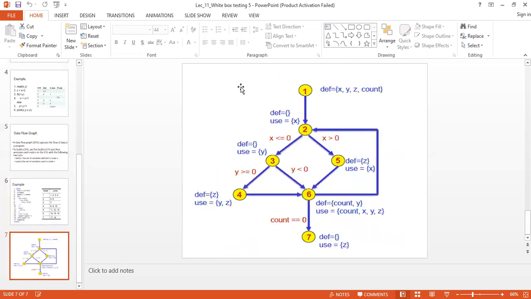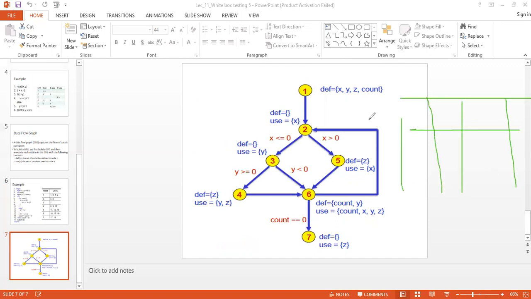Once you develop this, you can prepare a table. So we have test ID. Let's assume we have 2 tests. We have variables X, Y, Z and count.